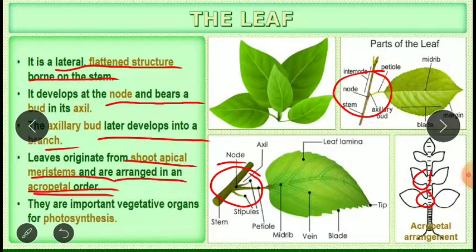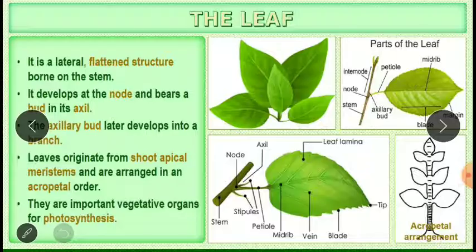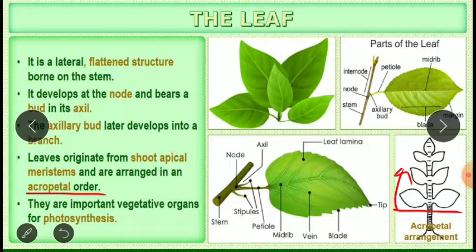Very important thing to understand. So what do you mean by an acropetal order? Acropetal order means the larger leaves are going to be at the bottom and the new leaves are going to be coming on the top. So this type of arrangement is going to be called as an acropetal order. Larger, older leaves are down and younger leaves are coming on the top. So this type of arrangement is the acropetal arrangement.